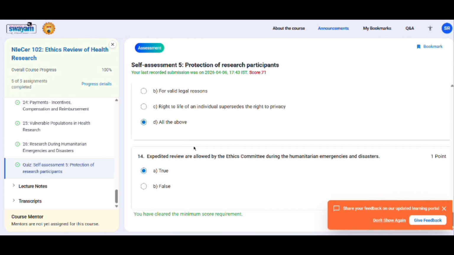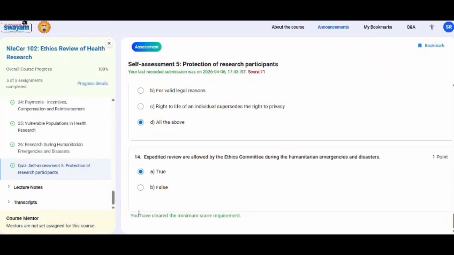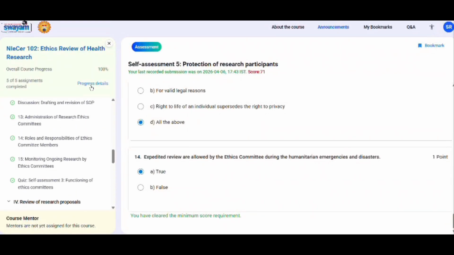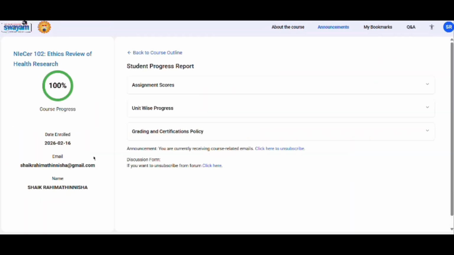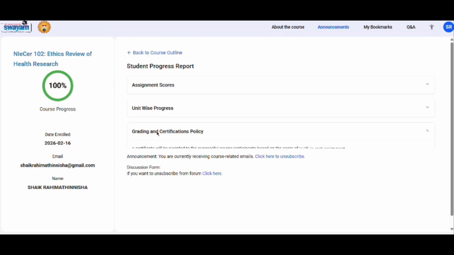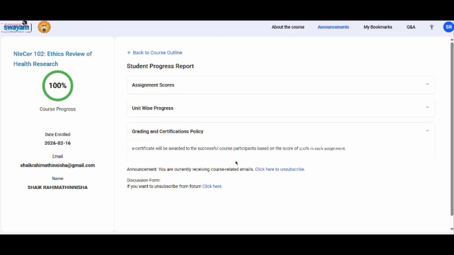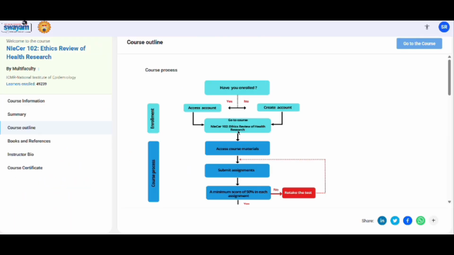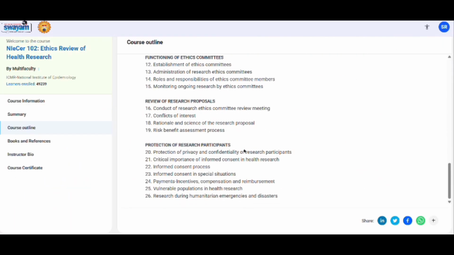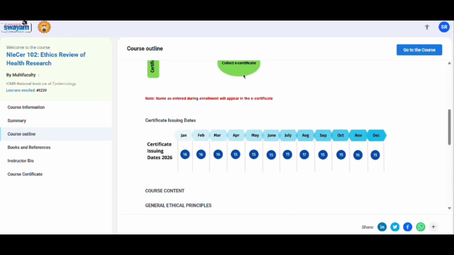Each module or each section has a quiz. Finally, congratulations! As you see, the course process is now 100% complete. After completing, you will receive the certification on the particular date mentioned in the dashboard. You will receive an e-certification on the particular date. After successfully completing all requirements, you can download your course completion certification and add it to your resume, LinkedIn profile,